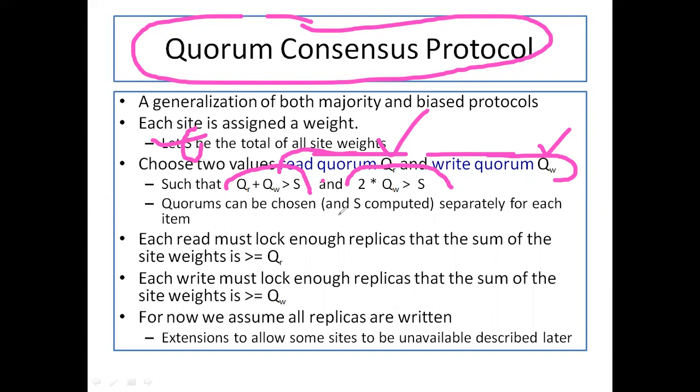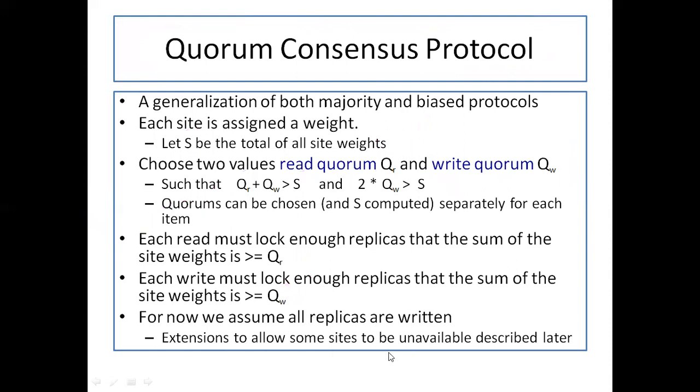and 2 into QW is greater than S. Quorums can be chosen and computed separately for each item. Each read must lock enough replicas that the sum of the site weights should be greater than or equal to QR. Similarly, each write must lock enough replicas that the sum of the site weights must be greater than or equal to QW. For now, we assume that these replicas are written. Actions related to these things will be discussed later,